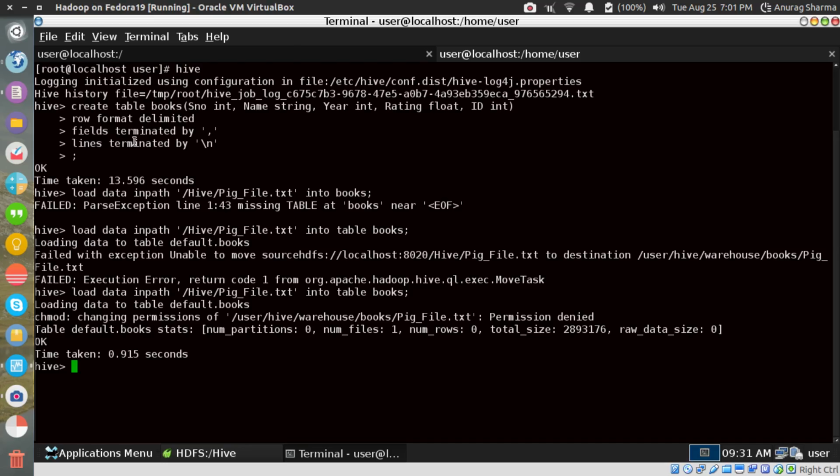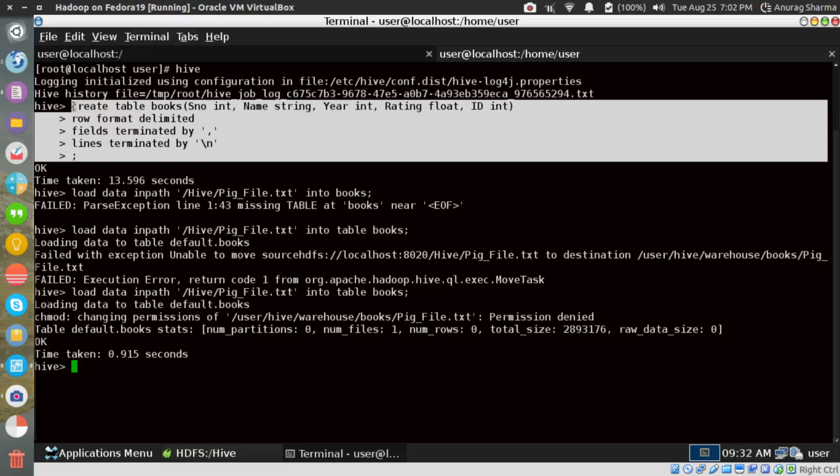Okay, such a thing is called internal table management. I told you that Hive ships with its own database, didn't I? Since you are using Hive's own table, it moves the data as well. So tomorrow when you drop your table, even your data is lost. Basically, if I drop books, the data also is lost. That is, the file also is lost.